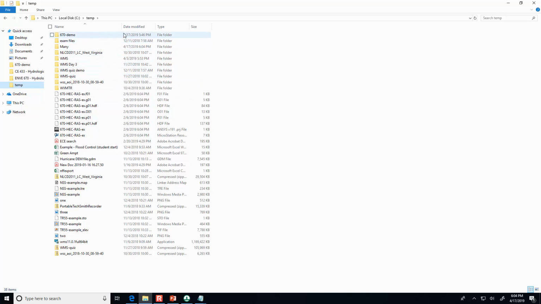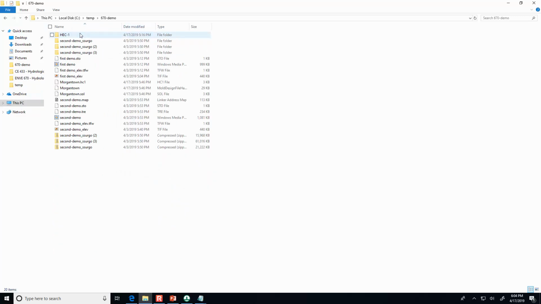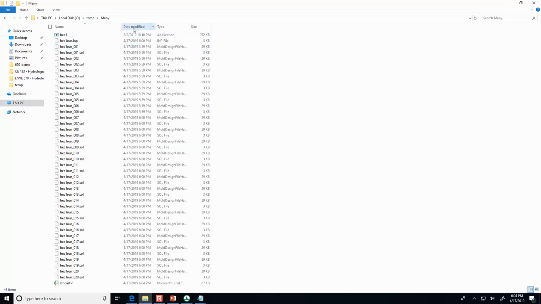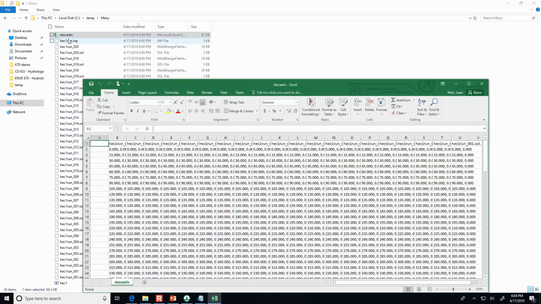Alright, so now if we go find the one that it just created, I called it stochastic. Where did it go? There it is, stochastic. If I open it, it's going to have all those runoff hydrographs, column by column.